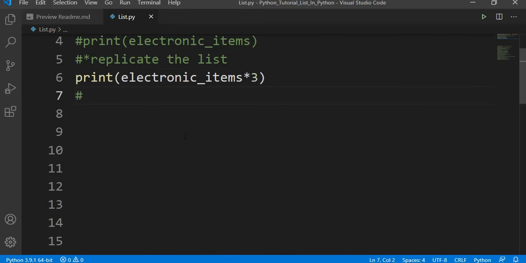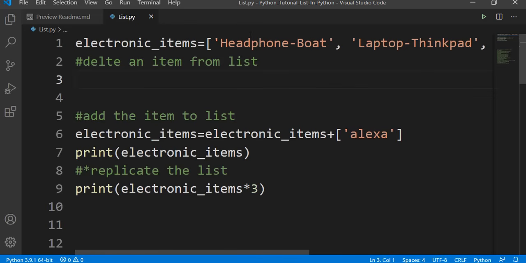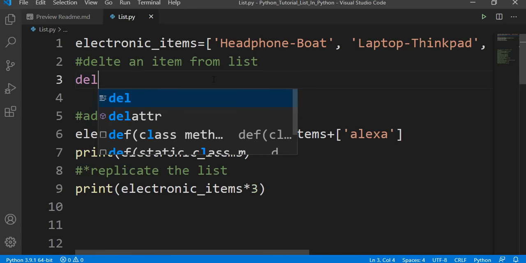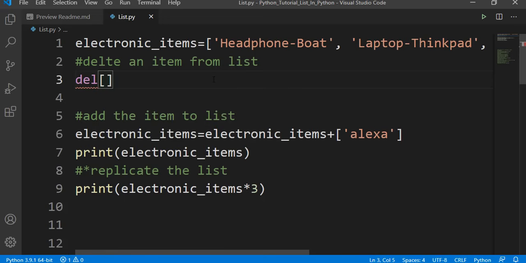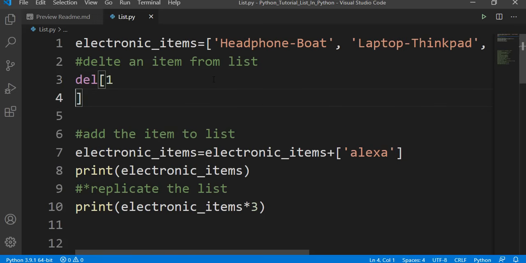So next we'll see, can we delete an item from a list? Let's see. Delete an item from list. So how can I do that? For doing that, suppose here I have my list. I want to delete laptop from my list. Let's check how we can do that. So after this electronic item, I'll just give the delete keyword, and then laptop is index number 1. So I'll give delete 1, and then